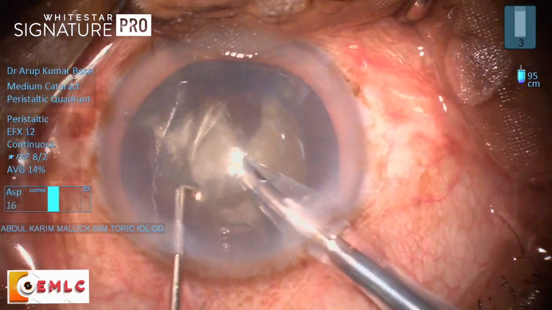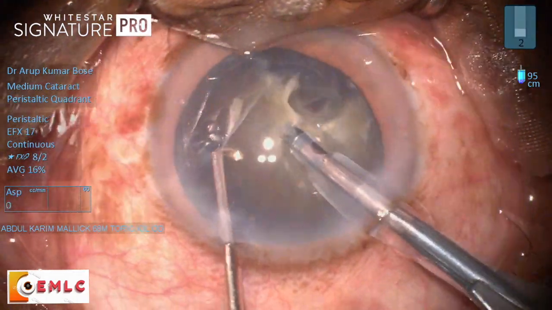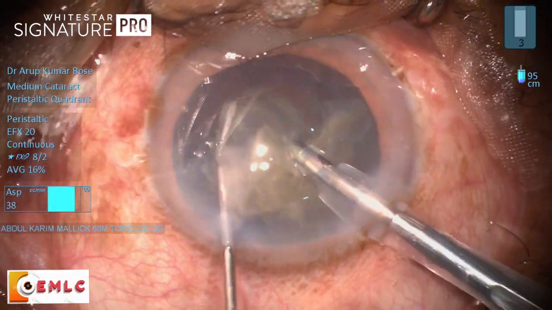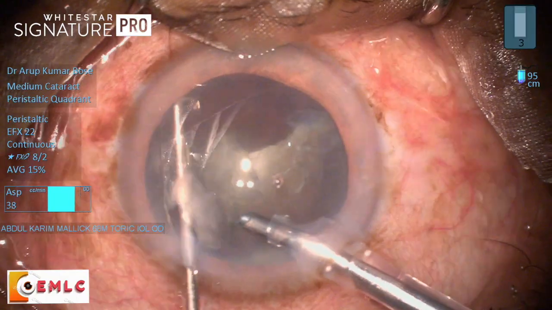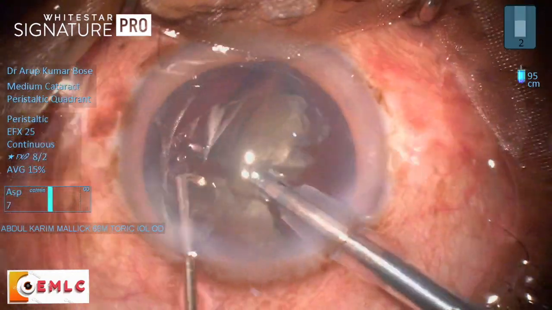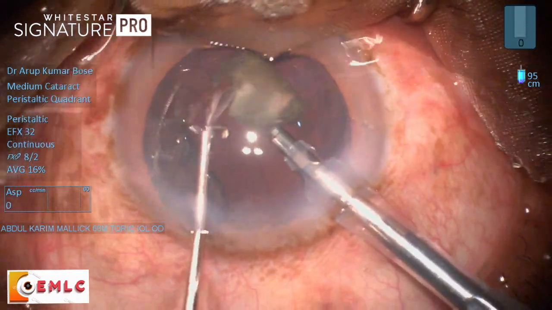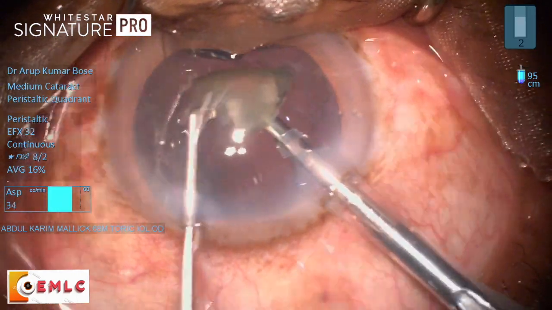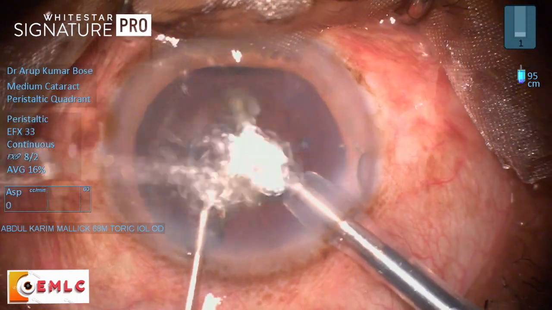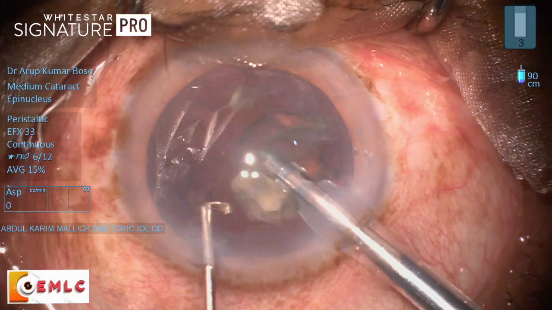It was quite an usual grade 3 plus cataract, which I had operated with the machine Signature Pro, as you can see. The settings were about 500 vacuum and flow rate of about 40-45. The surgery went quite well, and I never experienced any fluctuation during the course of the surgery. This is the last fragment I am taking out. It came out fairly uneventful. There were no issues at all.